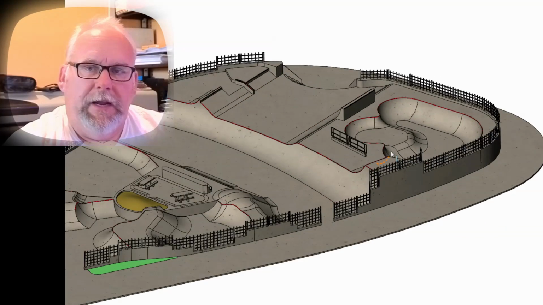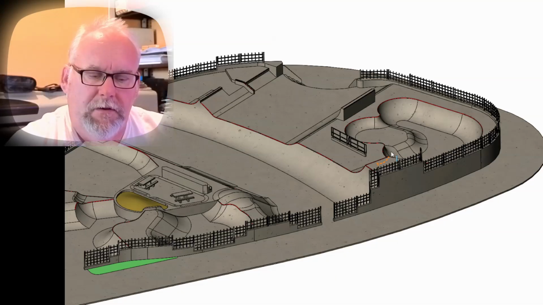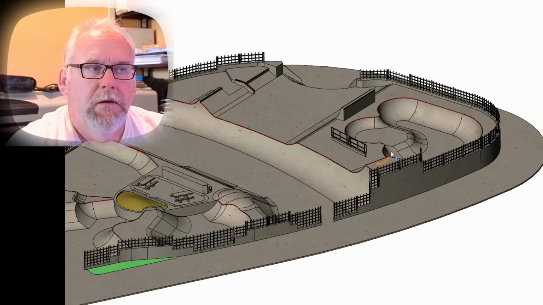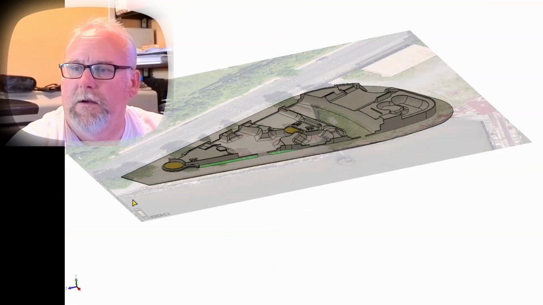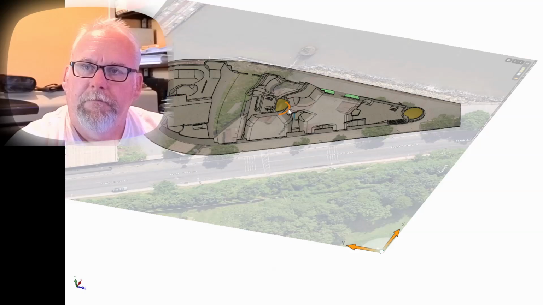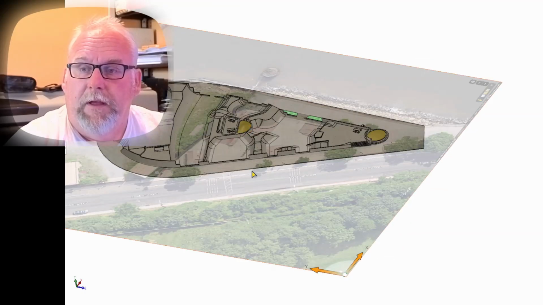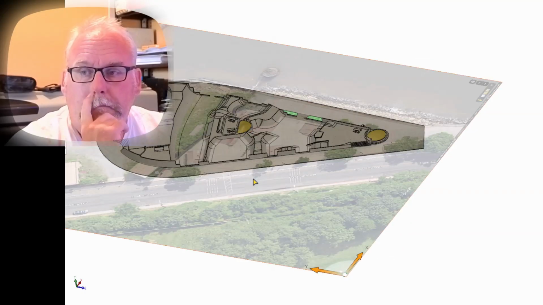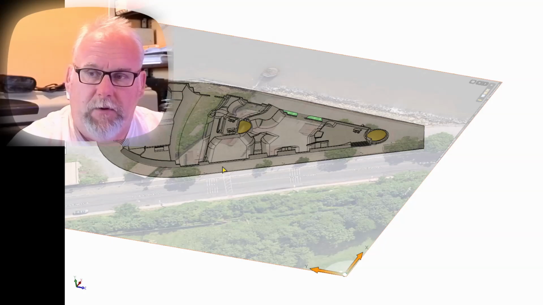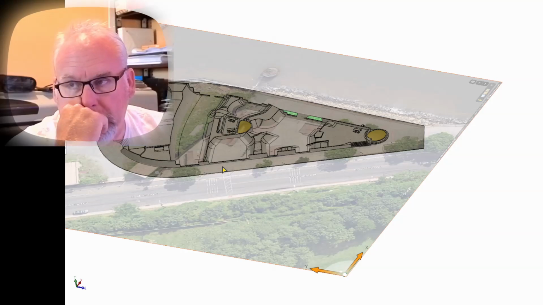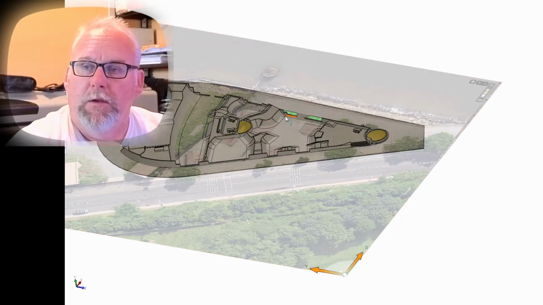So the challenge with the site is that if I turn the site picture back on, the bay is over here, and this road is a very busy road. And so you can't set the bowl down past what I would... The street would be Z0 for me, or actually the sidewalk is Z0. So you really don't want the bowl... You don't want a feature on this park to extend below the sidewalk